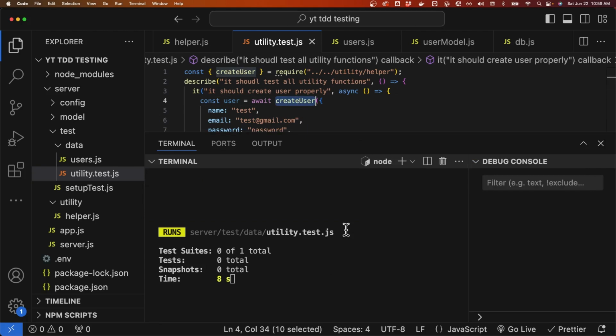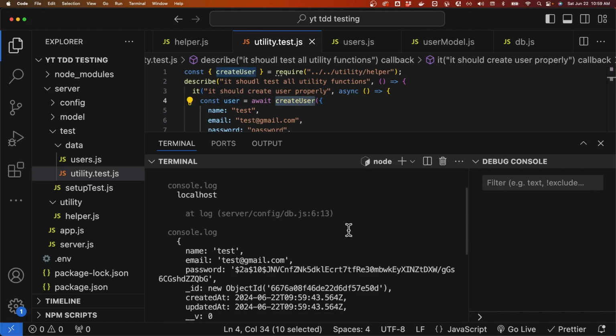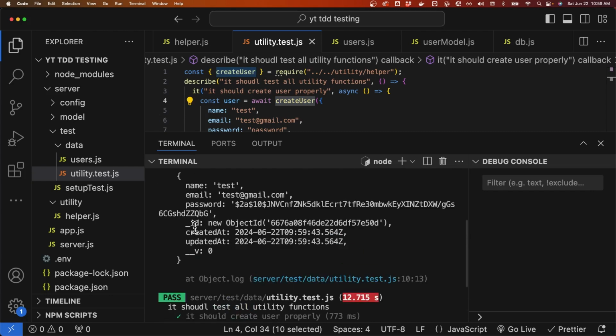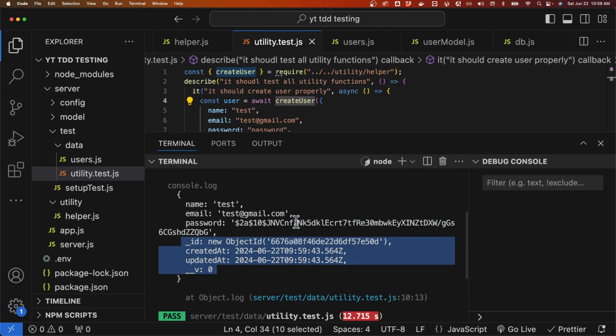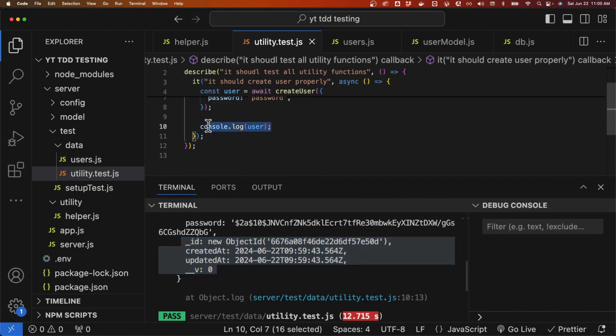So it's taking long. All right, so first of all, the code just passed, and then we have our user being created here. So even though this is passing, we are not properly testing the results that we are getting from the create user